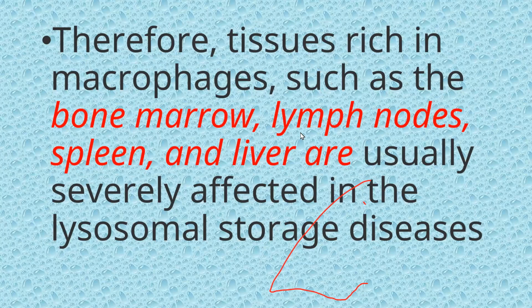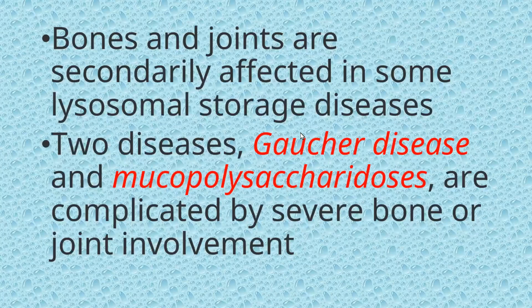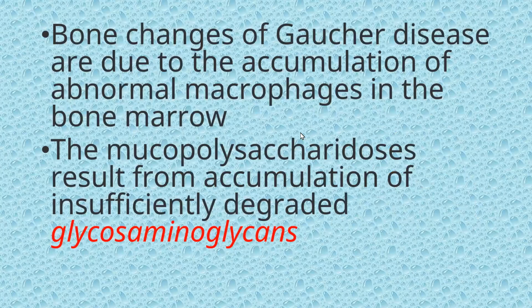Bones and joints are secondarily affected in some lysosomal storage diseases. Two diseases, Gaucher's disease and mucopolysaccharidosis, are complicated by severe bone or joint involvement. The bony changes of Gaucher's disease are due to the accumulation of abnormal macrophages in the bone marrow. The mucopolysaccharidoses result also from accumulation of insufficiently degraded